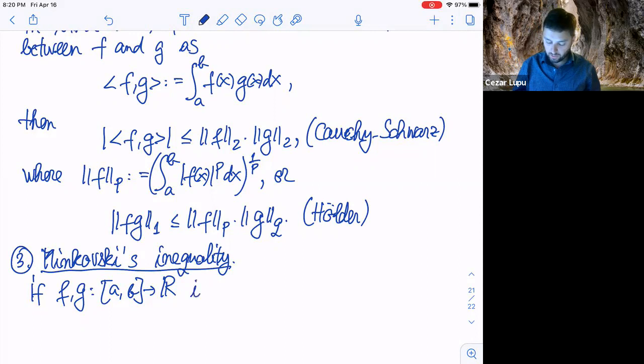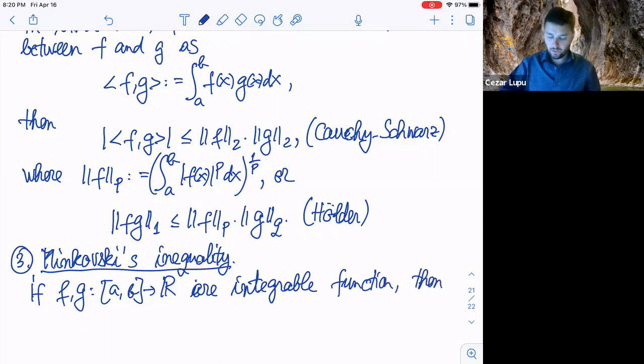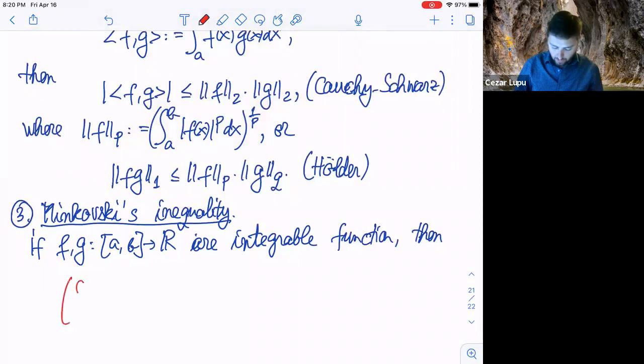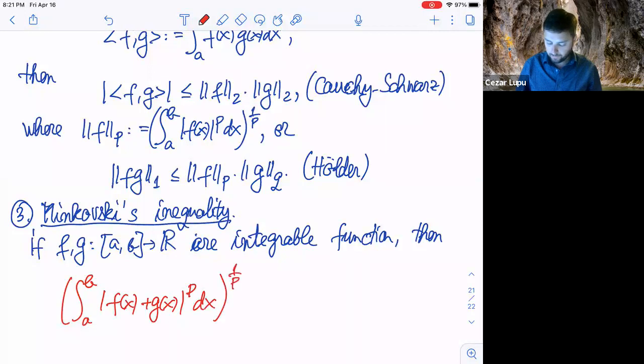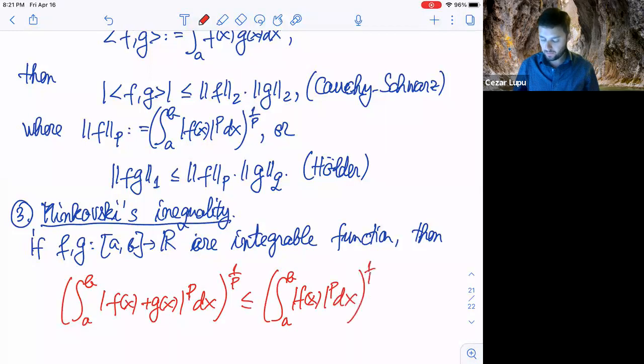So if these two are integrable, then the following inequality holds true. And I'm going to write it in this way. The integral of the absolute value of f plus g to the power p dx, and everything to the power 1 over p, is less or equal than the integral from a to b of f of x in absolute value to the power p, and the p norm is this,